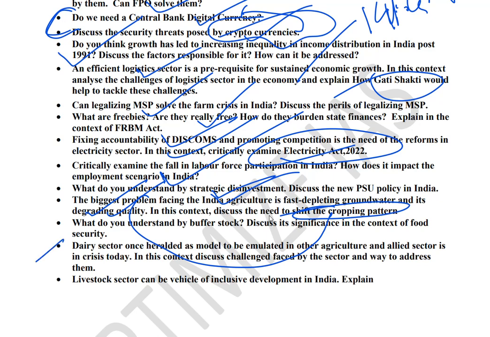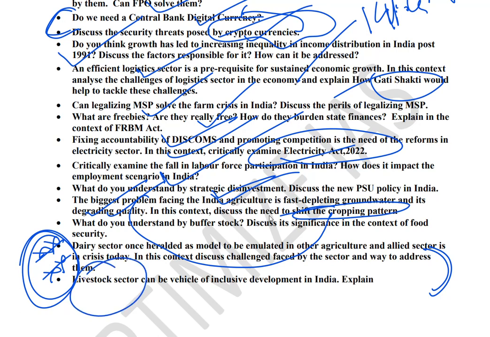Last two questions, which is again the most important, I am again predicting that at least one of them will pakka come in the exam. This is from the topic of livestock or animal rearing. Okay guys, so this year we are holding the World Dairy Summit. So in that context they can ask you question on dairy sector, what is their significance and achievement, and why dairy sector is in crisis today. What are the various challenges faced by the dairy sector.